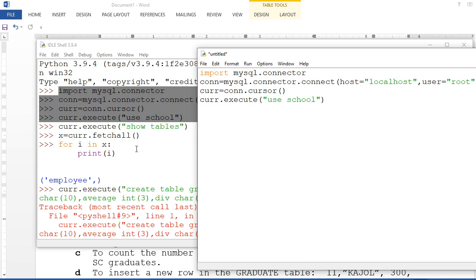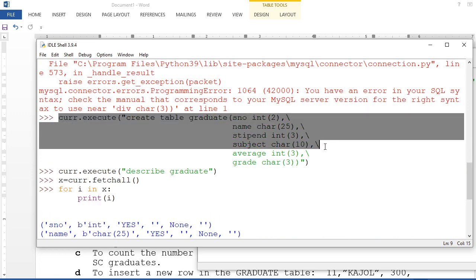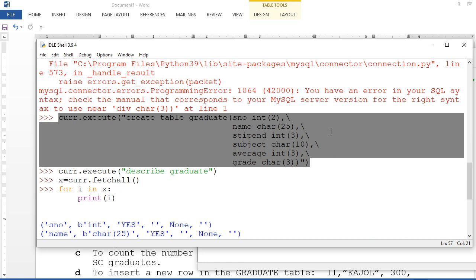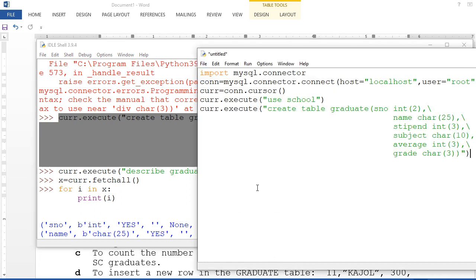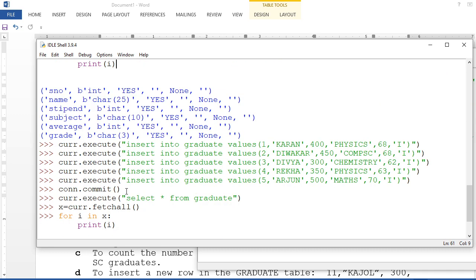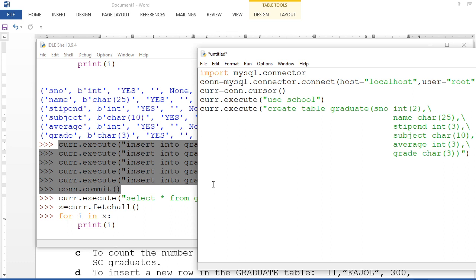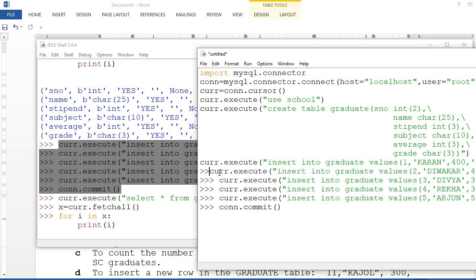Then after this one, what have we taken? You have taken the create table command. So I am going to take this one. This will be your create table command. So I take this here. Done. Create table command is done. Now I am coming back here. After this create table command, what is there? The describe and all the things that you have done because of programming habit. So you go here and make it out, and then see, your program is being made.